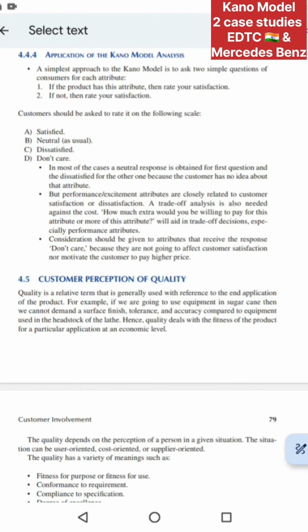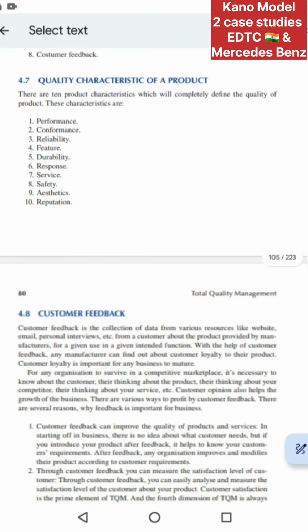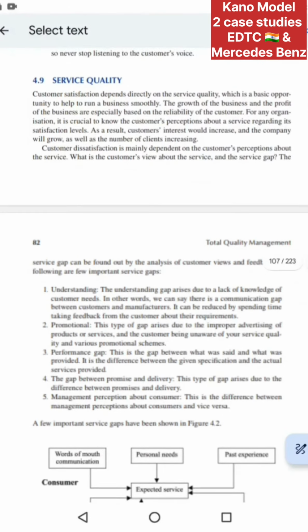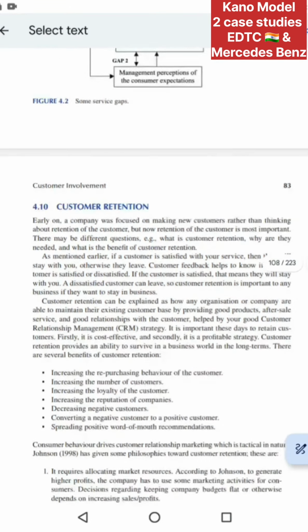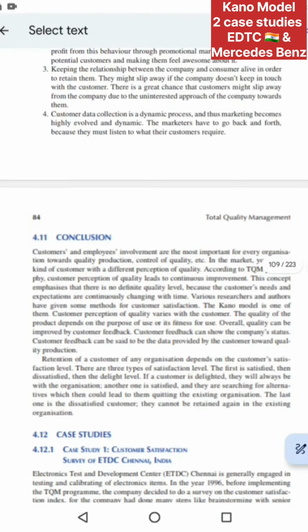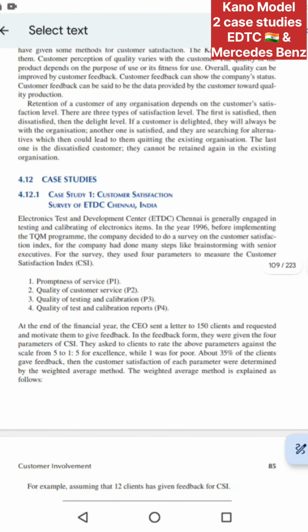And then 4.5 addresses customer perception of quality and so on, right? And then customer feedback and so on. And then service quality. Under service quality, you will find further classes, and then customer retention and so on, right? Now here we go, the first case study of the Kano model is given in 4.12,